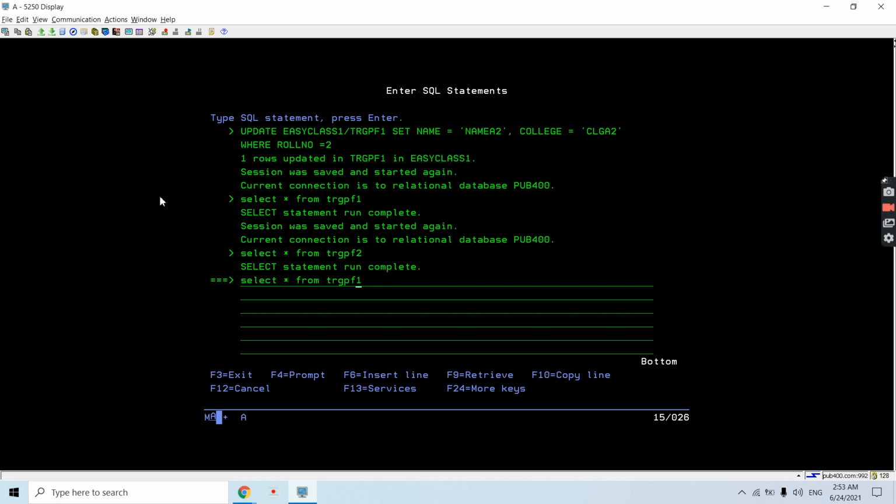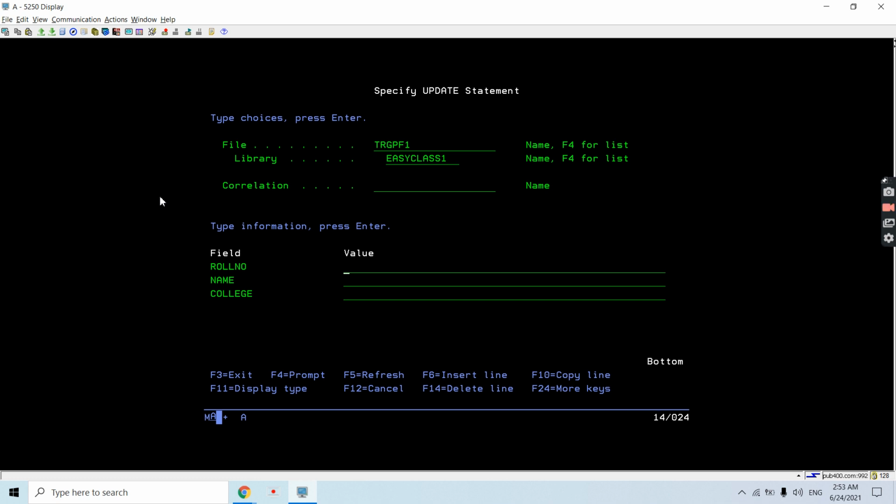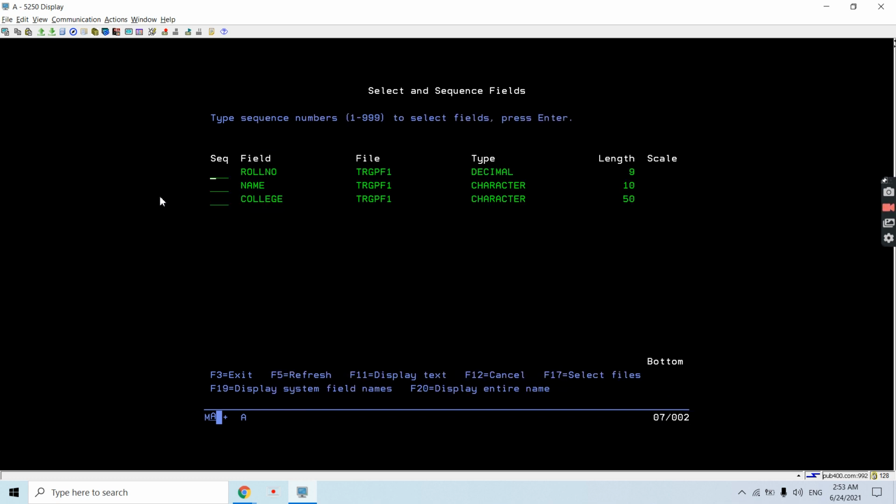So let's update the roll number as 3, where roll number is 2.